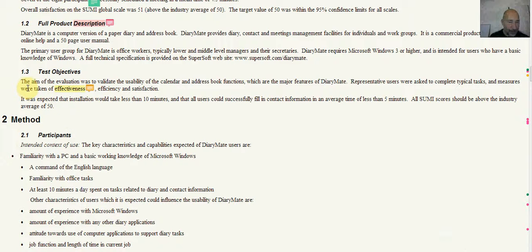Okay, objectives. All right, it tells the aim of the evaluation was to validate usability of the calendar, the address book functions, etc. Okay, that's fine. That's what I want to know. What was the aim of the test? And then they say representative users were asked to complete typical tasks and measures were taken of effectiveness, efficiency, and satisfaction. That indeed is what they did later on. But at this point,